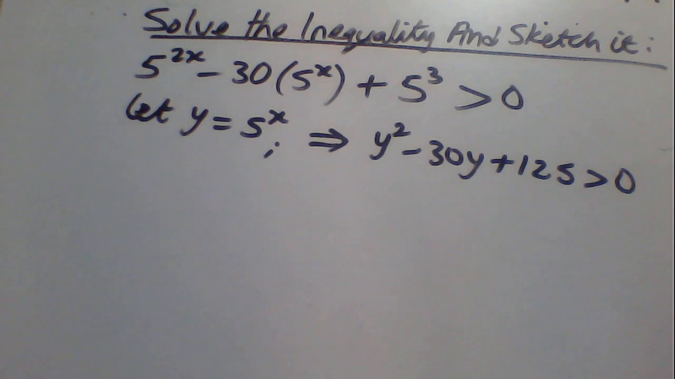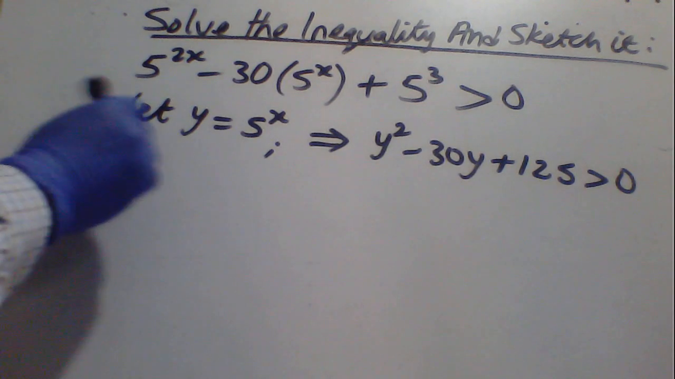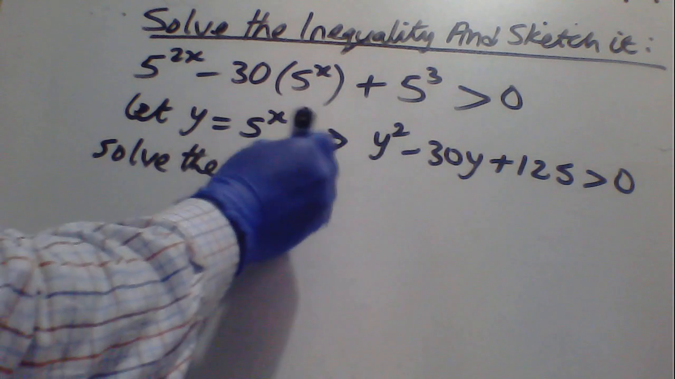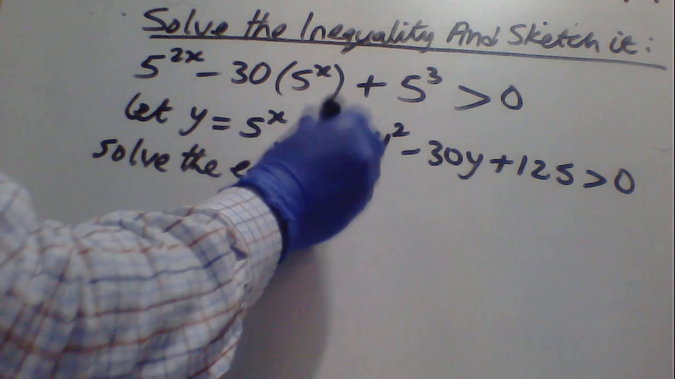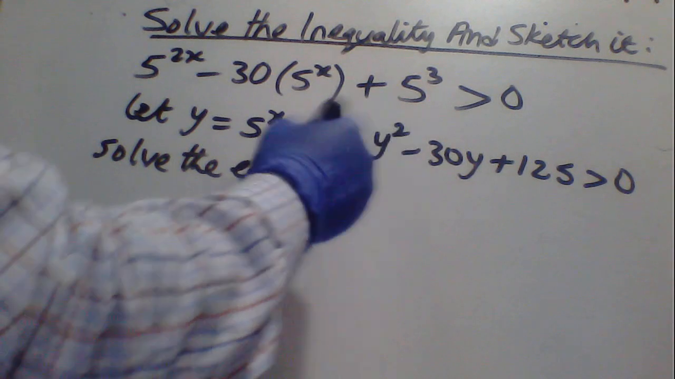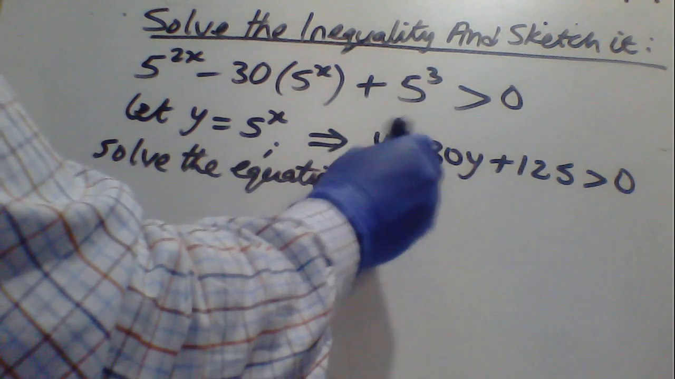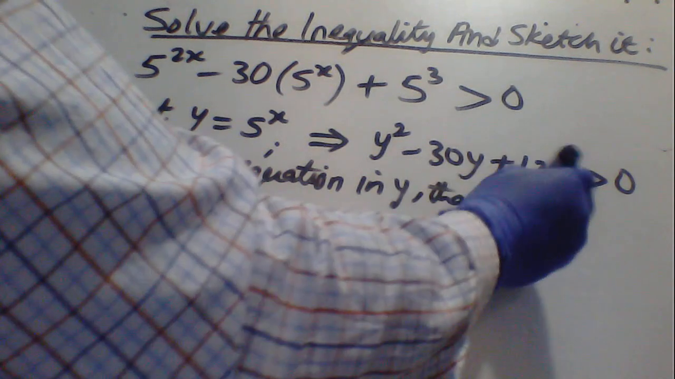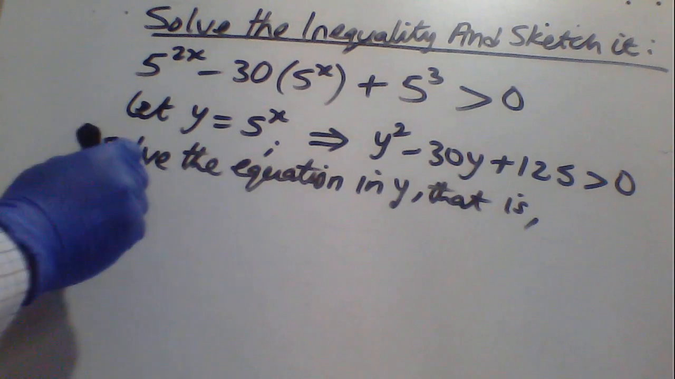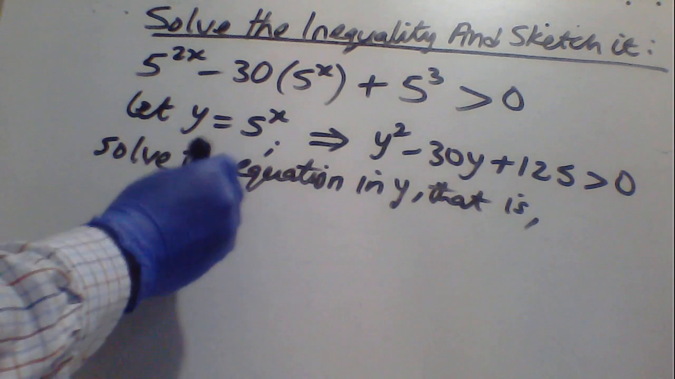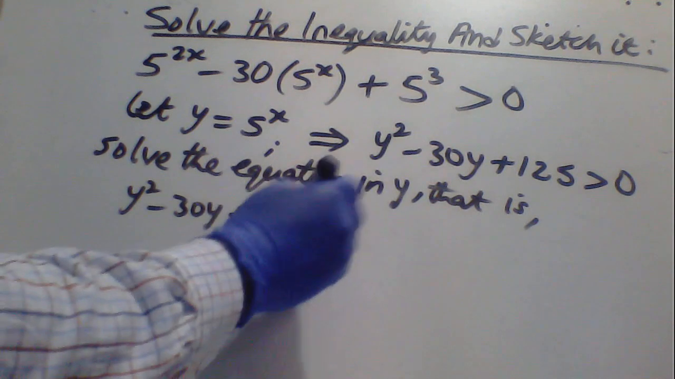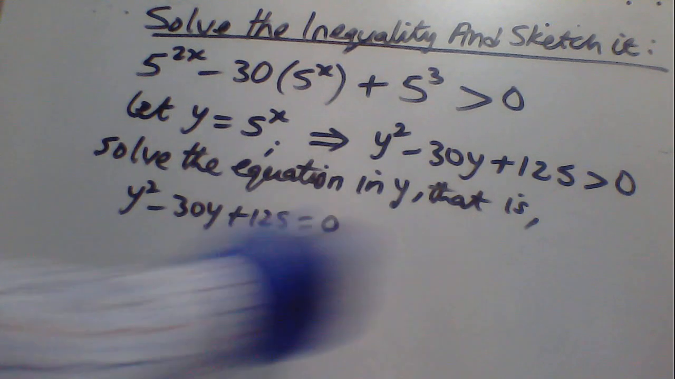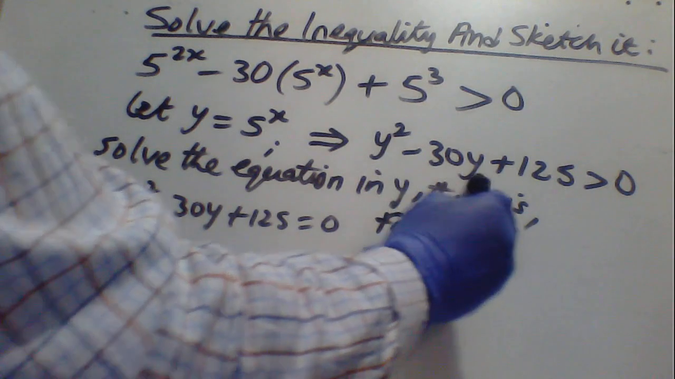So the next step is to solve the equation, in this case a quadratic equation. Solve the equation in y, that is, y squared minus 30y plus 125 is equal to 0. So once we get this factorized completely,